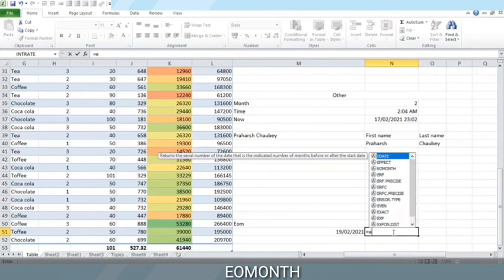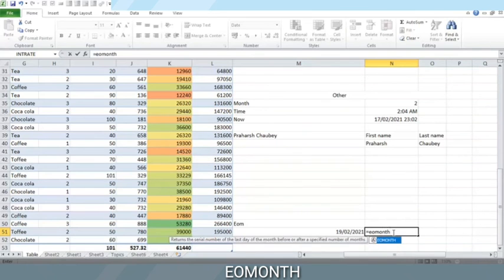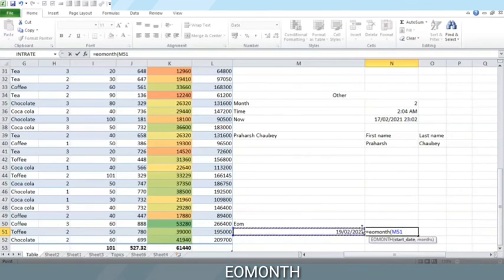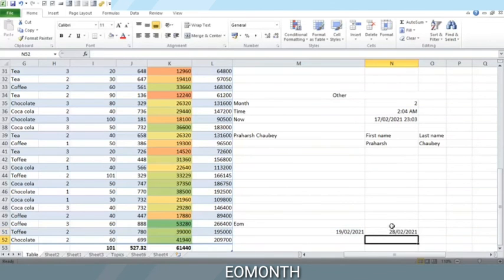Now the end of month formula, it is written like this: EOMONTH function has 2 arguments. The start date is simply the date which we are referring to. So in this case we are referring to this date. Now this gives us the flexibility to find the last date of a month even apart from this month. If I want it in this month, I'll write a 0 here. This will give me the end of month of this date. That is the end of February 2021. And that turns out to be 28th February. So this is the end of February.